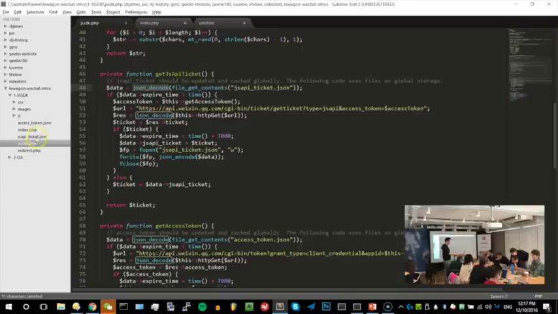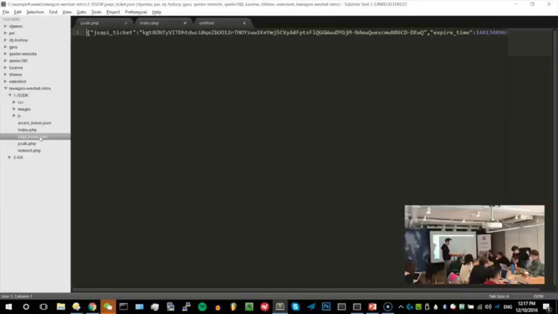If you see nearby the JS-SDK PHP, there is a file called JS API dash ticket. If we click here, we see that inside this file there's a JSON, and inside the JSON there are 2 pieces of information. There is the ticket, which is a long string, and there is the expiration time, which is important because we want to renew this one every 2 hours. If we fail to renew this one, then the ticket will get expired, and WeChat says, oh, you want to communicate with me with a wrong ticket, I do not agree.